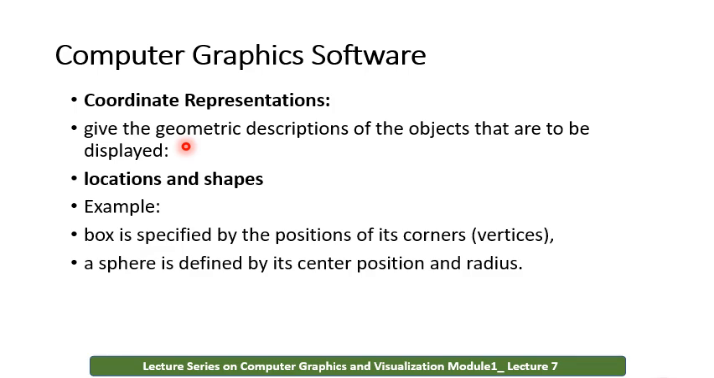So when we write an application program in C++, the graphics routines allow us to construct and display a picture on the output device. So it is necessary to have the coordinate representation to generate the picture using a programming package. We first need to give the geometric descriptions of the objects that are to be displayed. These descriptions determine the location and the shape of the object. For example, if a box is specified by the position of its corners,